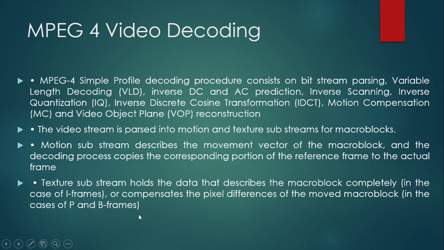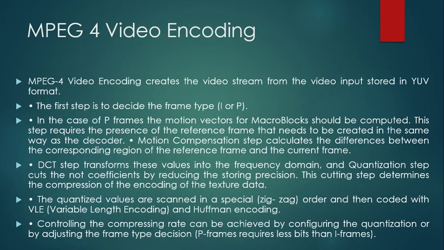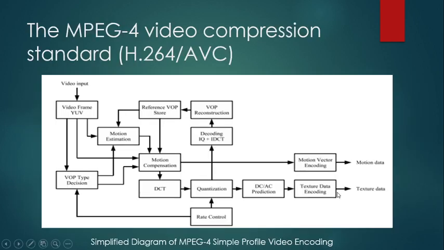It is the same as MPEG 2 video decoding. The only difference is that we separately consider the motion data and the texture data in the encoder. So the input will always be in the YUV format. We have to take our video object plane. This is almost the same as MPEG 2 because it is a simple profile, and we do not even consider the B frames here. So in this section we have discussed the MPEG encoding and decoding process.